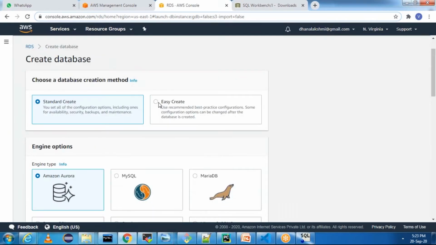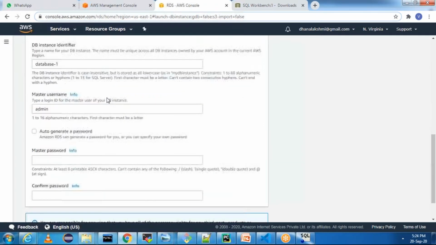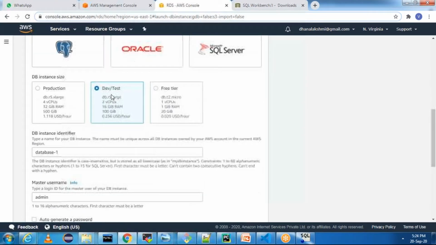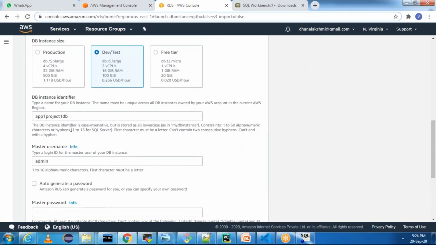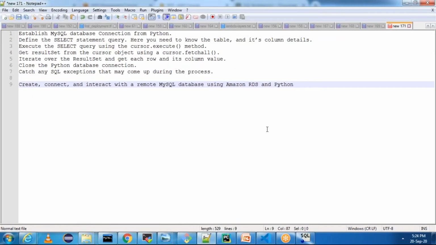And I'm going to select easy create. And I'm going to select MySQL because I'm going to store the data in MySQL. And for the database name, you can give something like project one database. I'm going to create it with this name, application one project one database, and the master username is this, and the password,